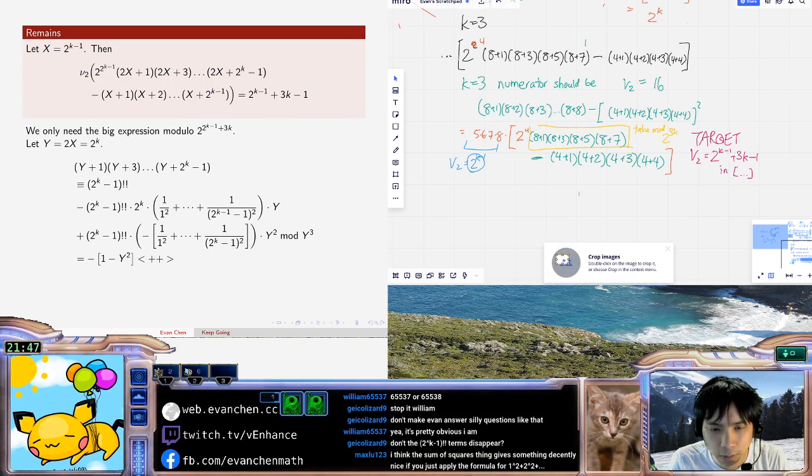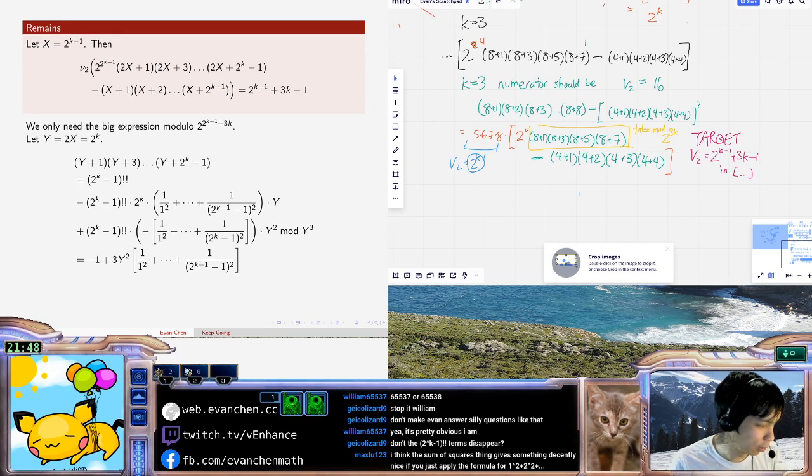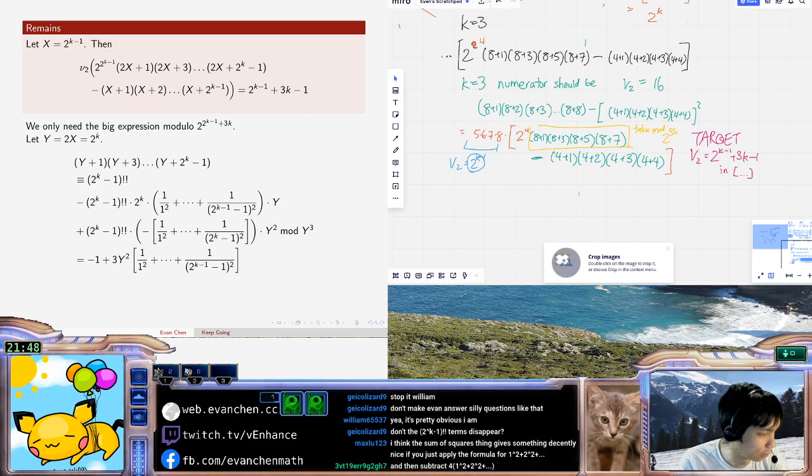That's y squared. So I ended up with this, which, I don't know, seems really stupid. Okay, so you guys are telling me I should just be able to compute the sum of squares. Fine, okay, we'll try it. So the sum of squares,